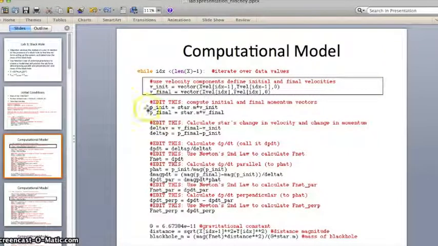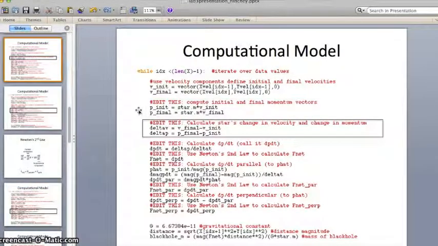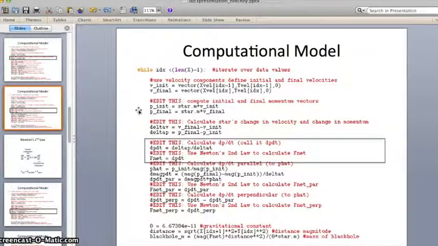The first part takes in the velocity vectors we just calculated and sets values to the initial and final velocities here. Using the formula momentum equals mass times velocity, momentum for each is calculated. Changes in both are then calculated here. dp dt is calculated given that it is the change in momentum over the change in time, or delta p